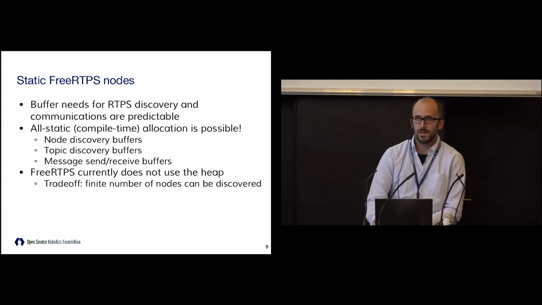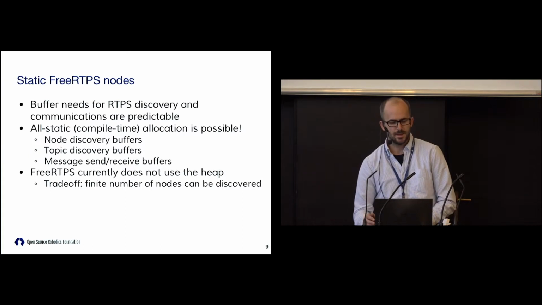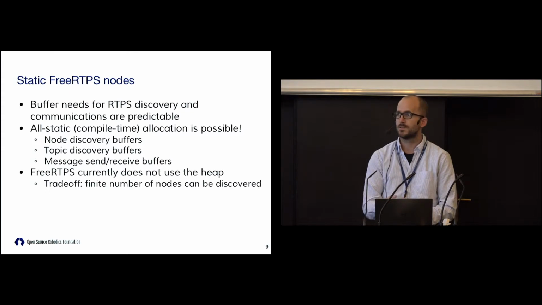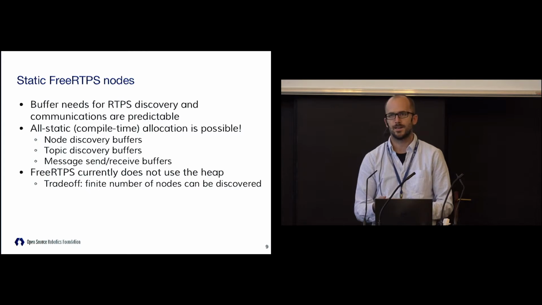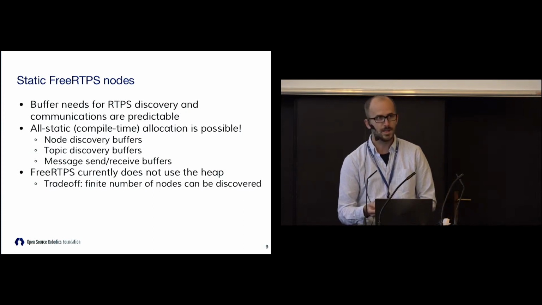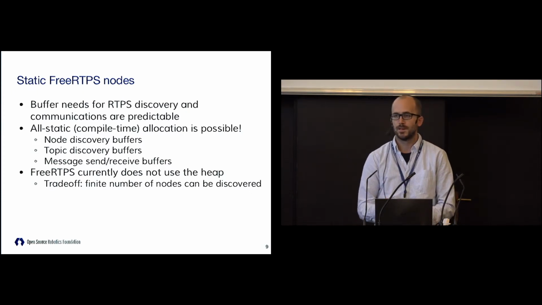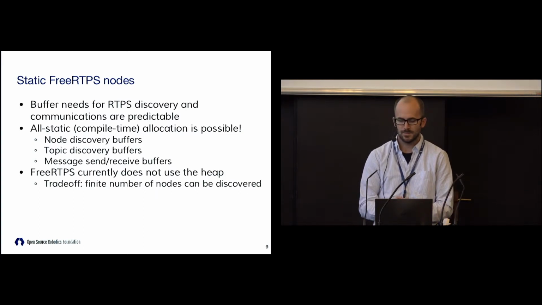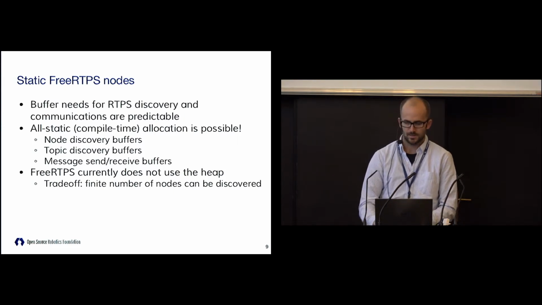What's great about this, though, is because RTPS has these buffers which are of known size, the discovery for topics and for nodes, you have a pretty good idea how big those are going to be. And then in the embedded case, if you're writing, say, an embedded node which is going to take inertial unit messages and send them, or a smart camera that's going to send out ROS image messages or something, odds are you have a good idea about what the buffer sizes should be. So you can choose them at compile time and at link time, and that just goes into the executable image. You don't have to have anything on the heap. So these can all be static. Everything's pre-allocated. You're not worrying about mallocs overrunning or anything like that.